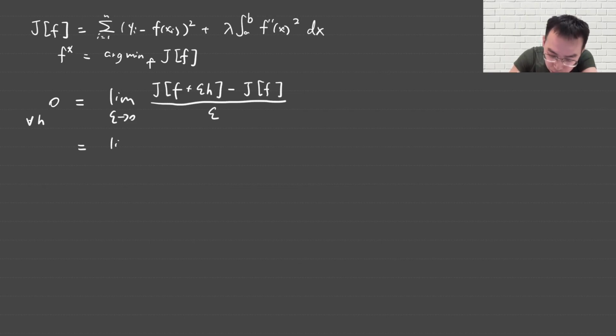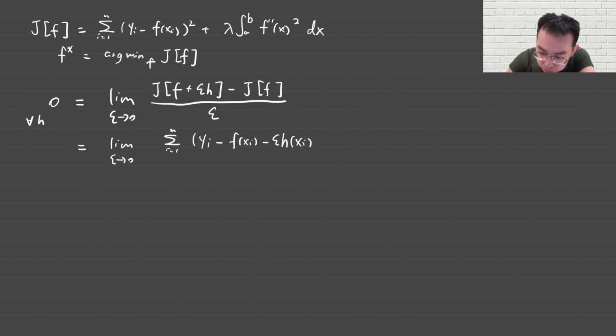So we have the limit as epsilon goes to 0, and I'm just going to write the two terms separately. We'll have the summation from i equals 1 to n of (y_i minus f(x_i) minus epsilon h(x_i)) squared